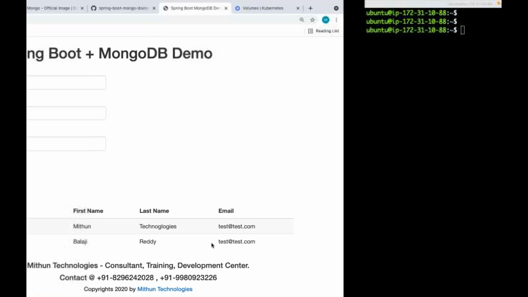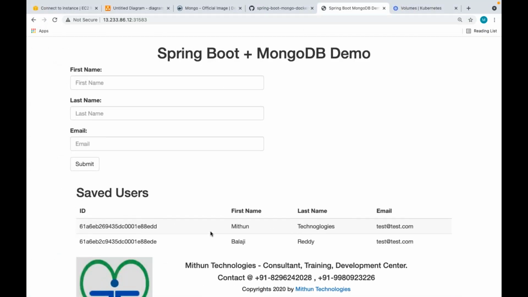Okay. Now I am running the database pod as a container. It is mounted with this one. Venkat is asking, suppose we have two replicas for the Mongo container and those two containers are spread across two nodes in the cluster. So it is going to use its own volume in each and every node.